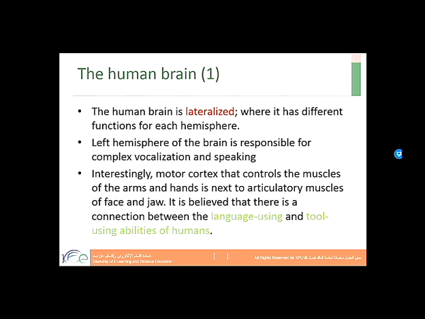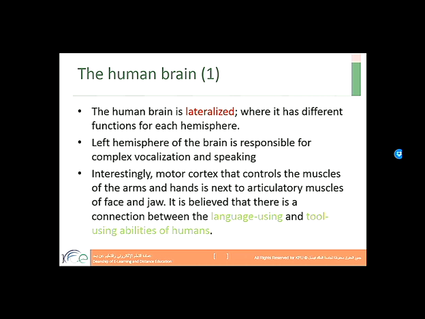Interestingly, the motor cortex, the part of the brain in charge of motor control, controls the muscles of the arms and hands.